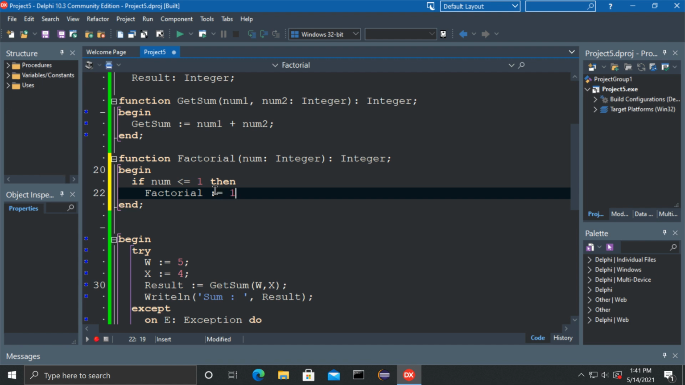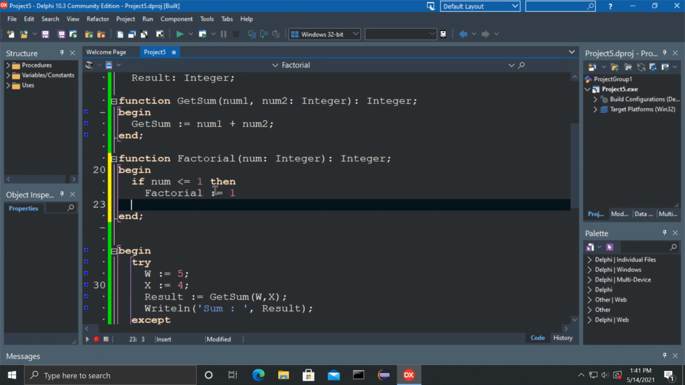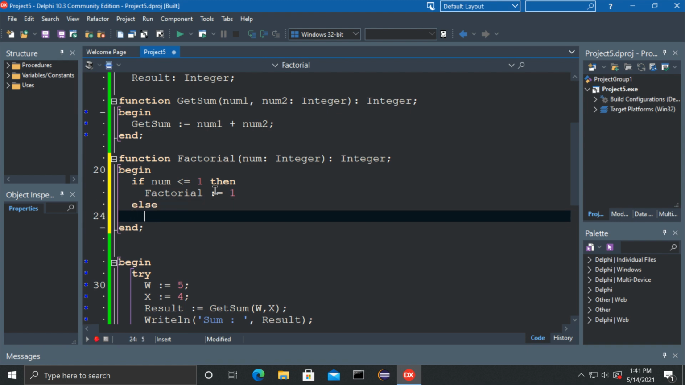This function is going to return a value of 1. Else, if it isn't, we are going to go and calculate factorials. And I'll explain how factorials are calculated here in a second. So I'm going to get the number times, and then call the factorial function again by passing the number minus